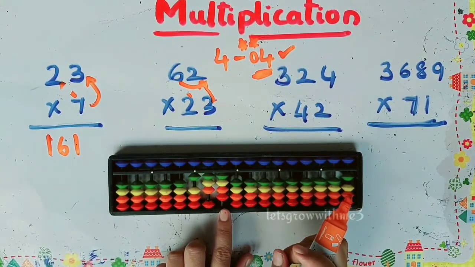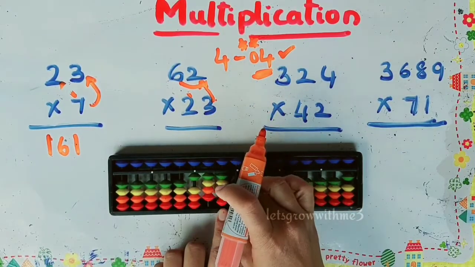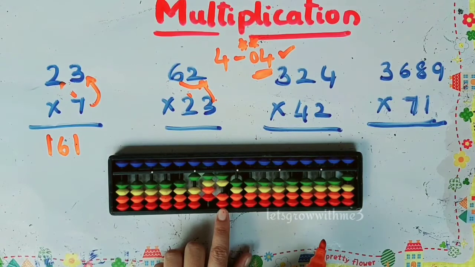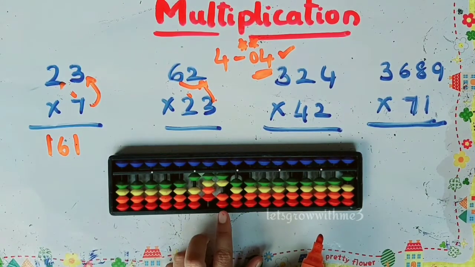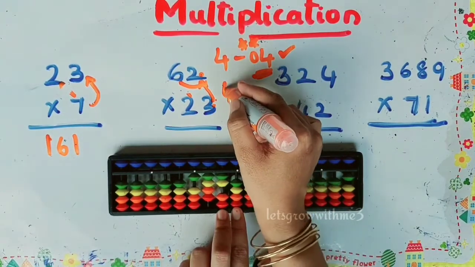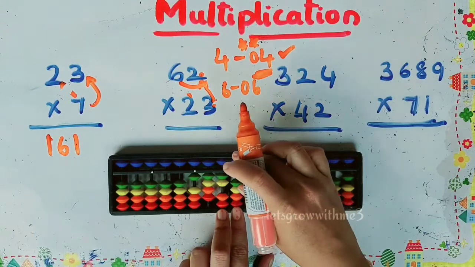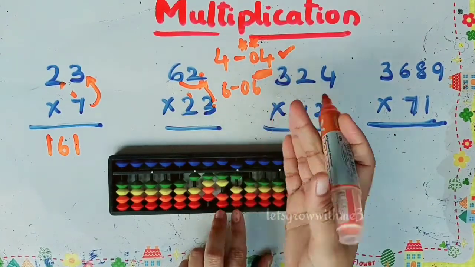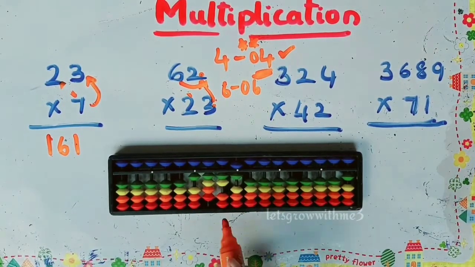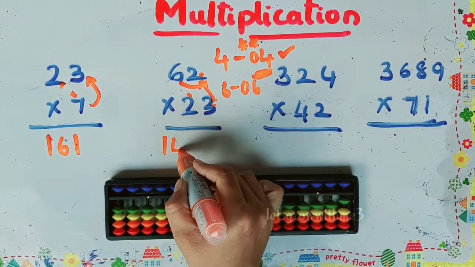Okay, 1 8. So how to set 8 here? I need to use my big friend, plus 10 minus 2. Okay, next I need to do 3 2s are 6, which is 0 6. As I am getting one digit, I should represent it as a 2-digit number, 0 6. So it will be in the tens and ones column, 0 6. So the answer is 1426.